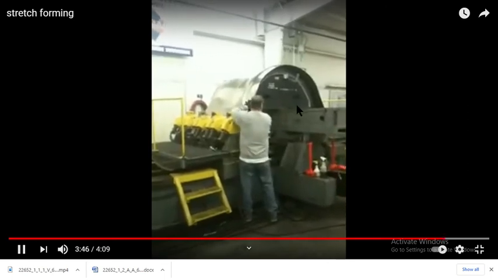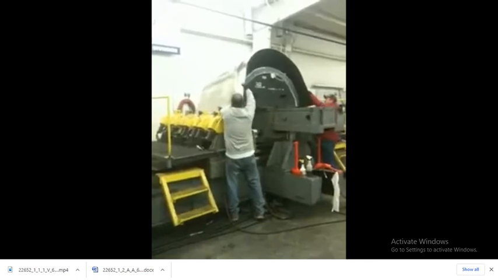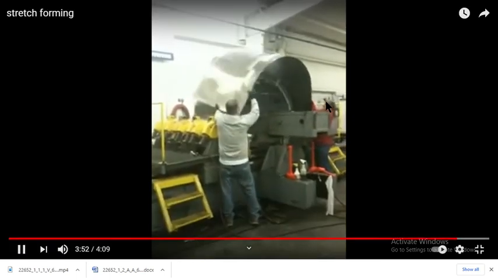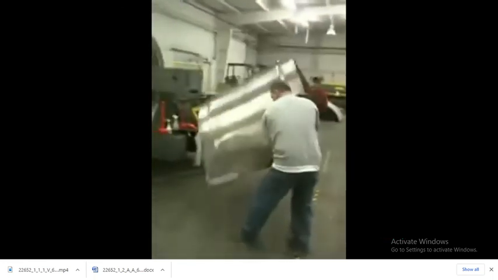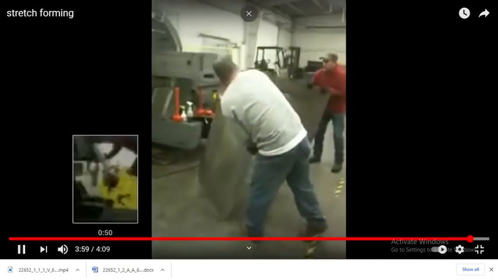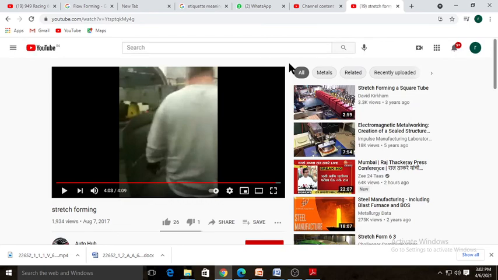Now they are going to remove this sheet from the grippers, and you can see this is the final finished product. So here is the complete stretch forming process.